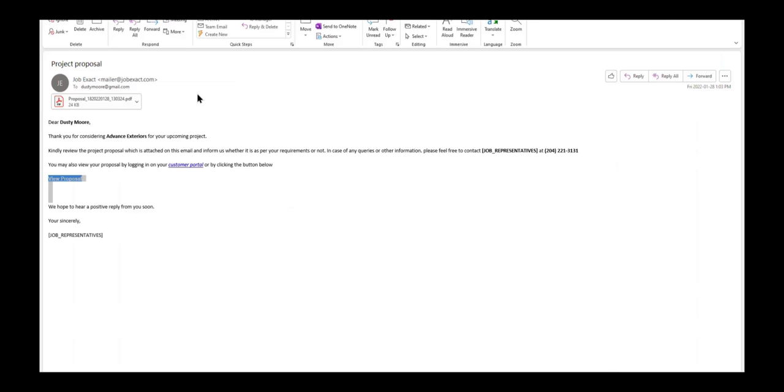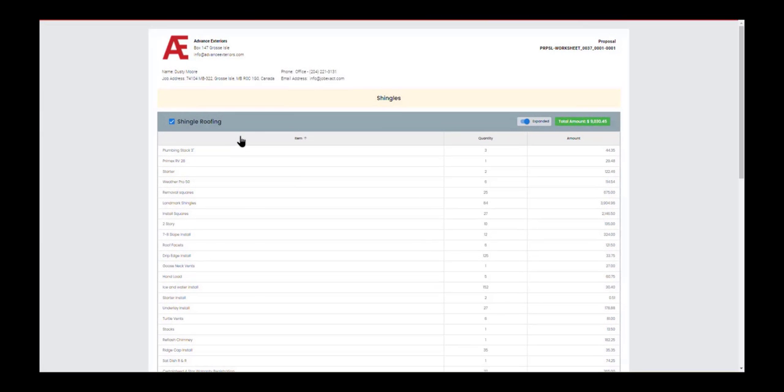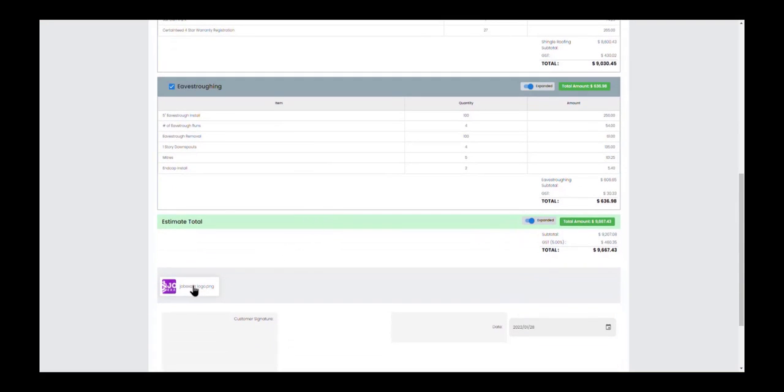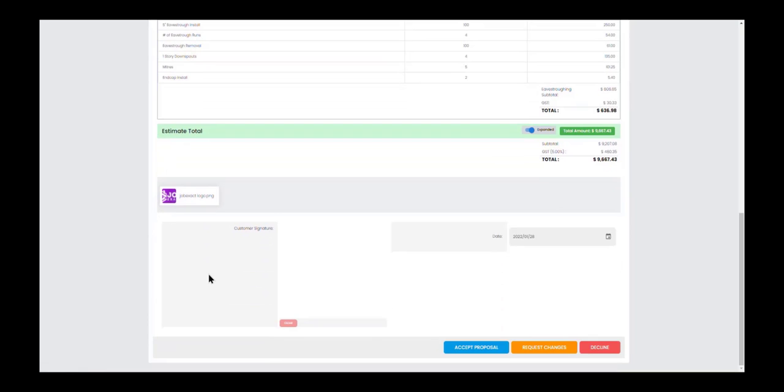When a customer receives their proposal via email, they'll have the PDF attached. As well, they'll be able to click on the View Proposal button that's going to open a digital copy of the proposal. From here, they're going to be able to review it, see the image that was attached, they'll be able to digitally sign it,